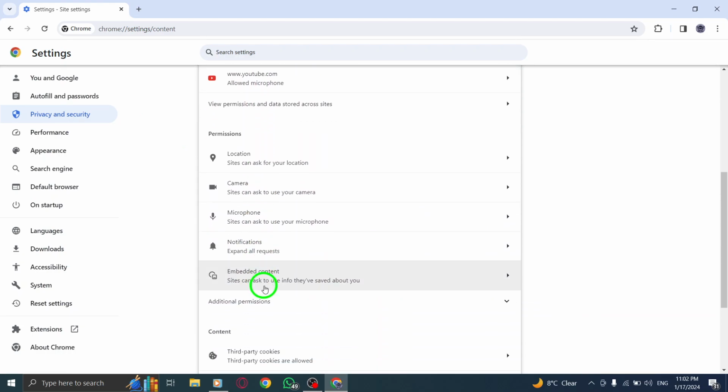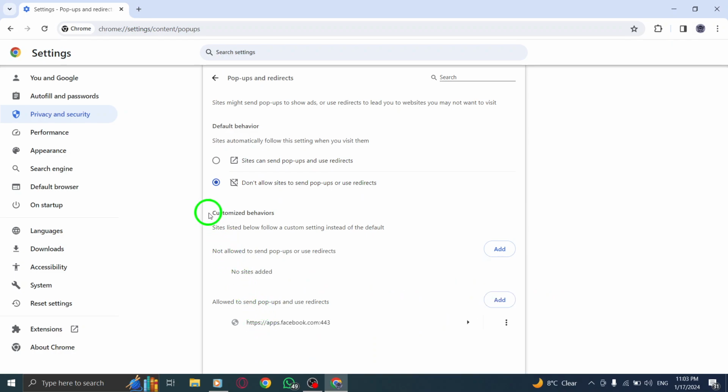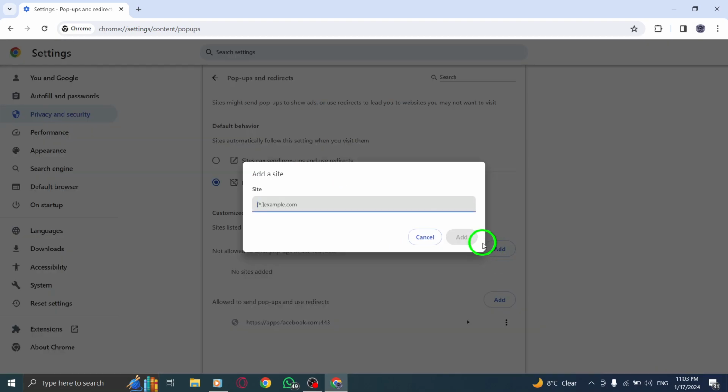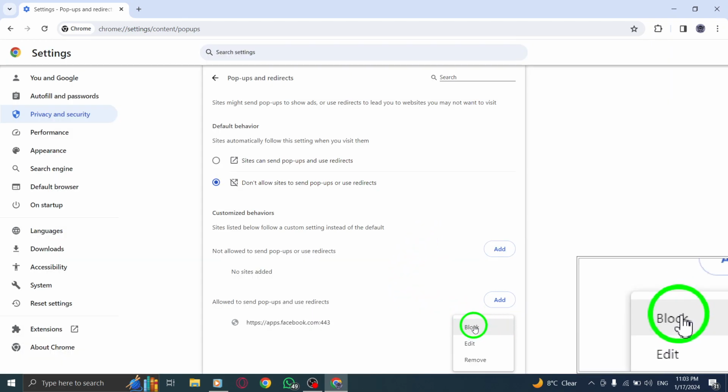Redirects. Step 4. Under the Allowed to Send Pop-ups and Use Redirects section, locate the site you want to block. Step 5. To the right of the site, click on More, then select Block to prevent pop-ups and redirects from that site. If the site you want to block is not listed, click on Add next to Not Allowed to